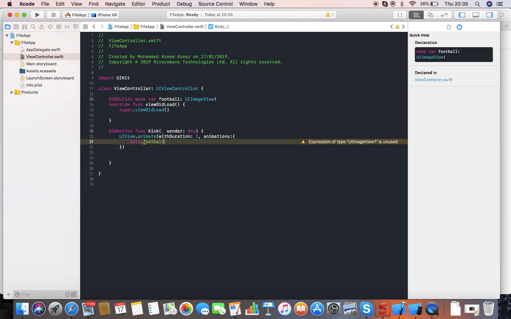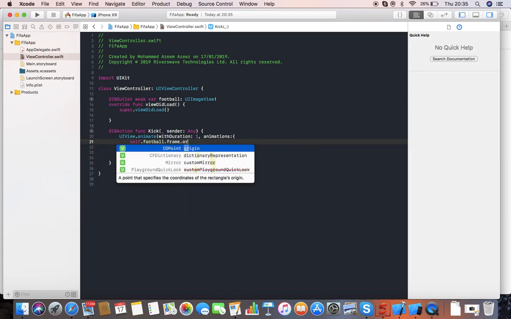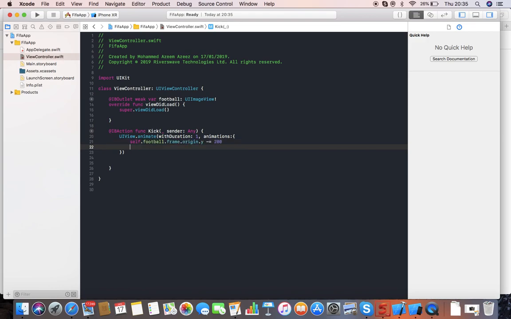So this one I am going to make it frame dot origin dot y equal to 100, and it will be under this one,